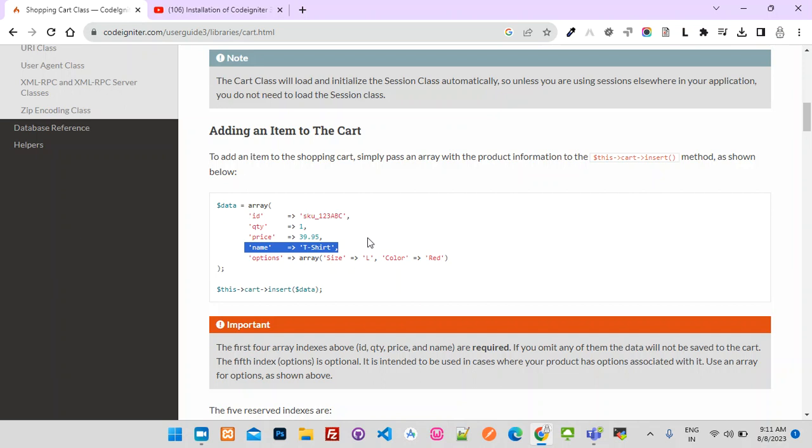Apart from this, if you want to add other information, you can utilize this options element. So here we can add whatever we want. So this array is a very customized way. Whatever you want, you can add it. So this id, quantity, price, name, and options, this is mandatory, so you have to make sure you are using